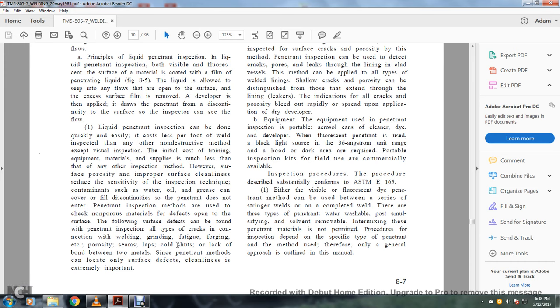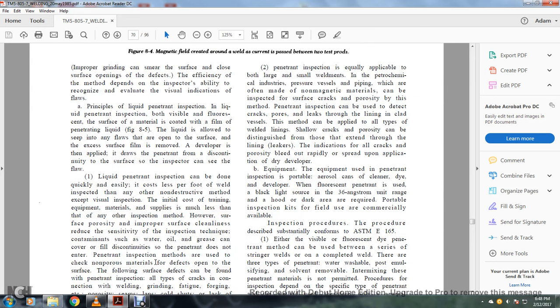Porosity, seams, laps, cold shuts, lacks of bond between two metals. Since penetrant methods can locate only surface defects, cleanliness is extremely important. 2. Penetrant inspection is equally applicable to both large and small